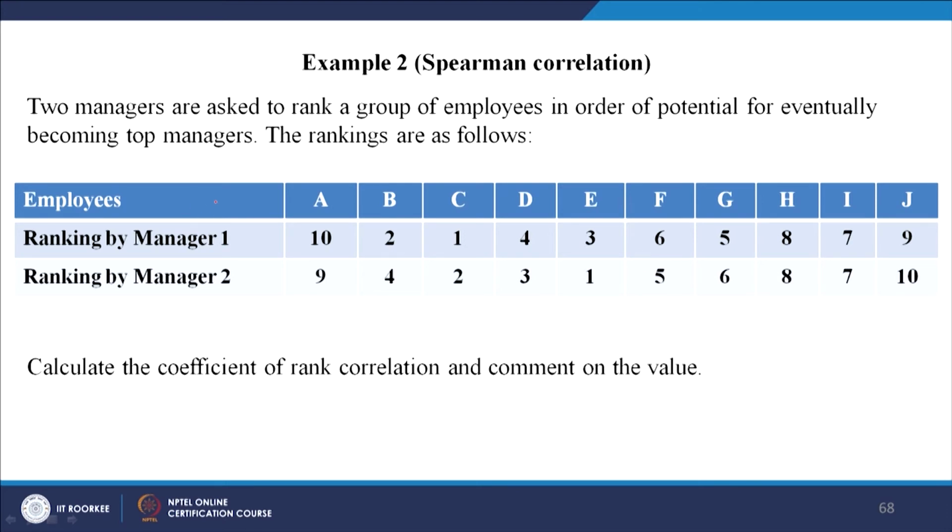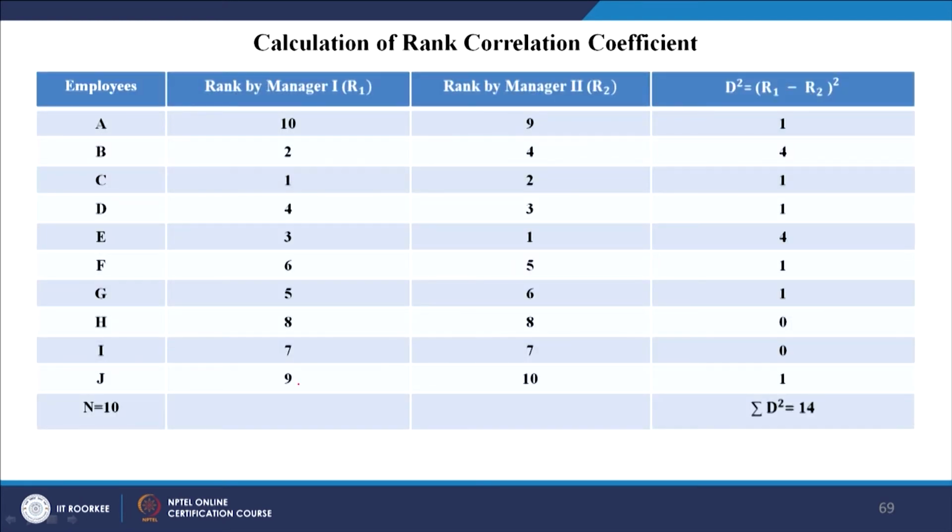Now, this is the case: a ranking by manager 1 of several employees A to J, there are 10 employees, right. Manager 1 gives these ranks to these people, manager 2 gives these ranks. Suppose they had not given rank to you and had given you, let us say, some scores, like 35, 38, 40, 41, 44. What you could have done is make them a rank. How? For example, I start with the lowest as 1, then 2, 3, 4, 5, 6, right. So, this is how you do it, and manager 2 also has given some ranks. Okay. Now, this is the rank by manager 1, this is the rank by manager 2.